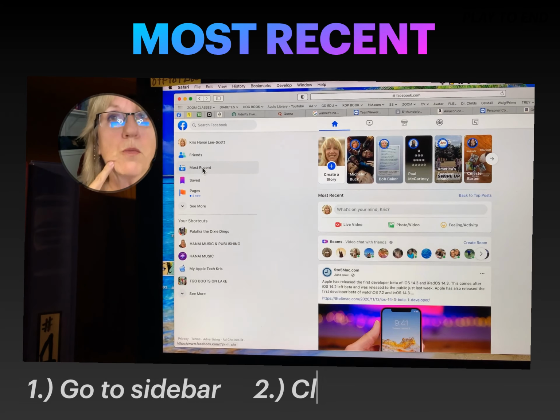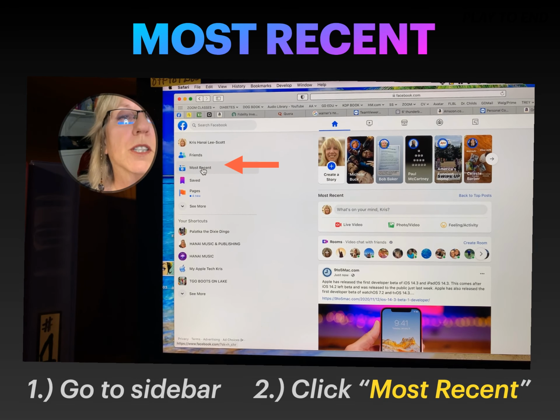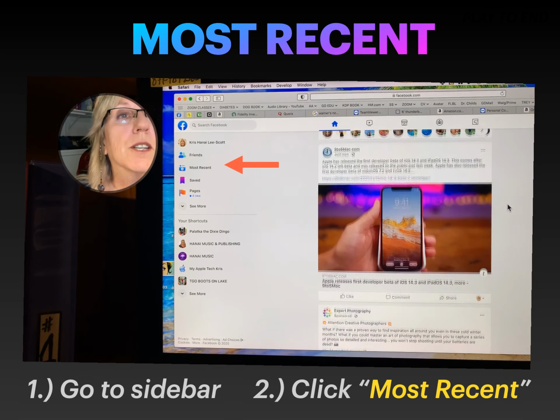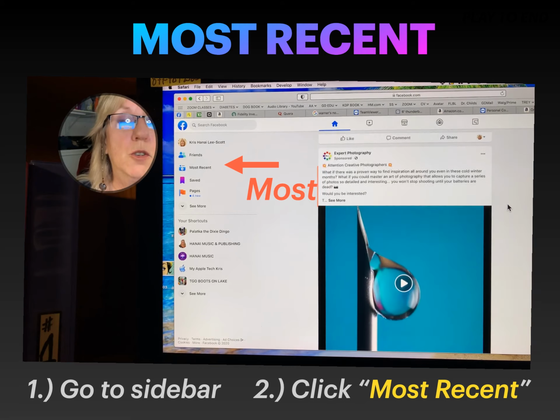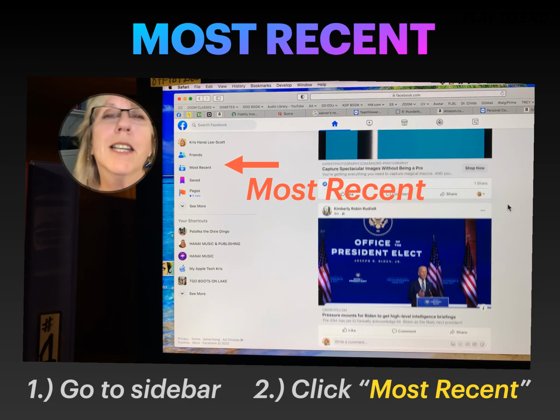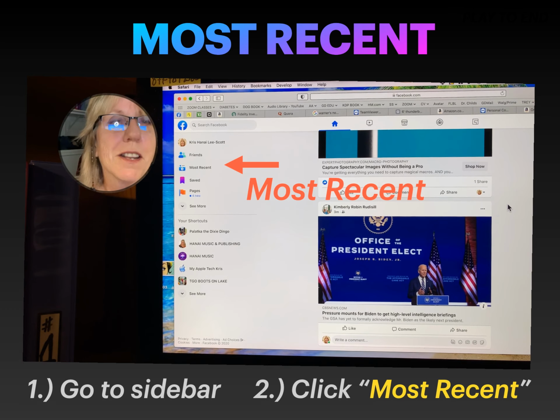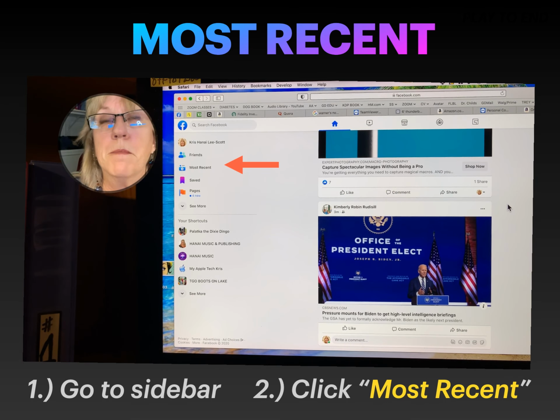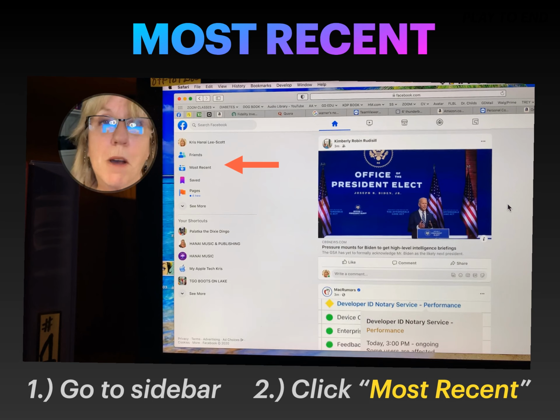Most Recent will take you to the posts in chronological order. That makes it a lot easier to see the things that you wish to see, if you want to get all of it in, instead of just what Facebook thinks you should be looking at because there's more comments or responses to it. So that's number 2, your Most Recent.